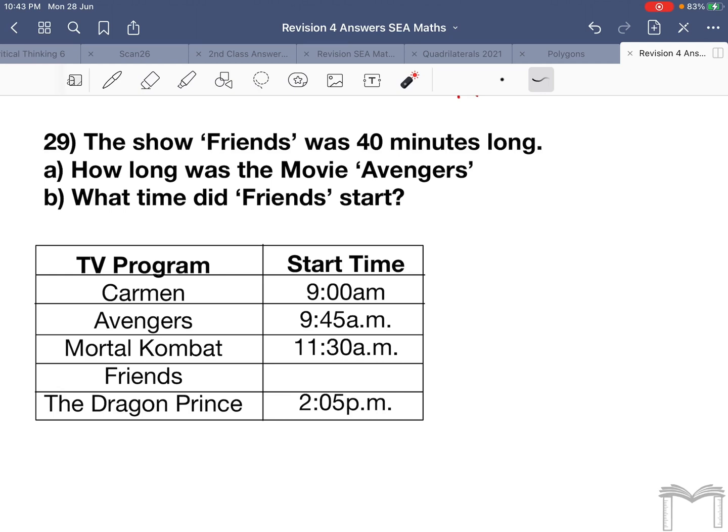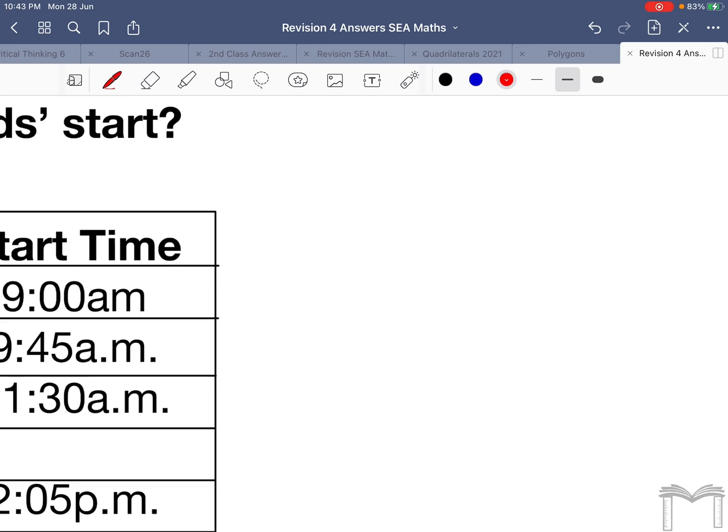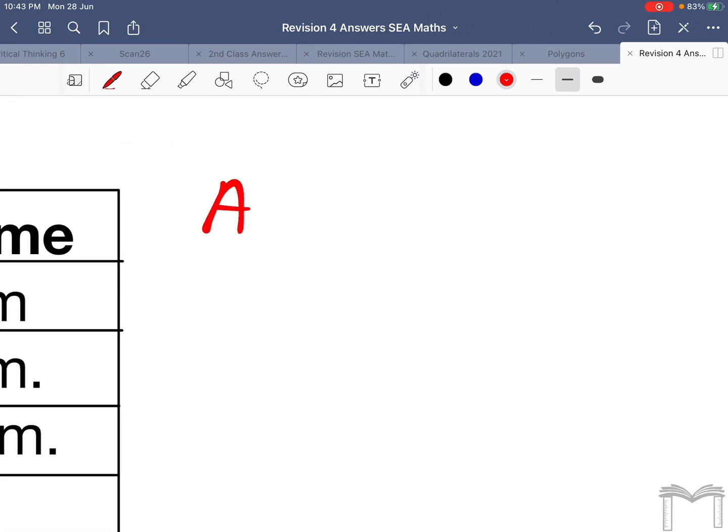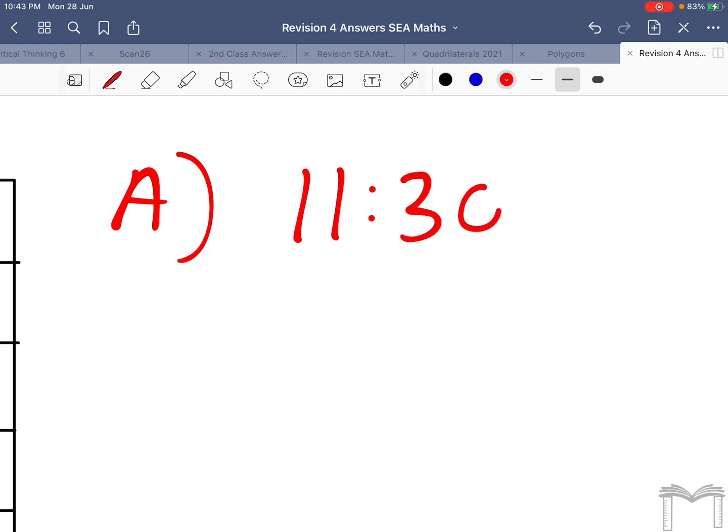So Avengers started at 9:45 a.m. We can assume that there was no advertisements or interruptions, and it went straight until 11:30. So 11:30 end time take away start time 9:45 will give us the duration. So part A, 11:30 minus